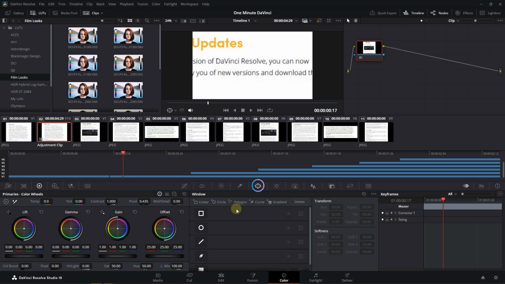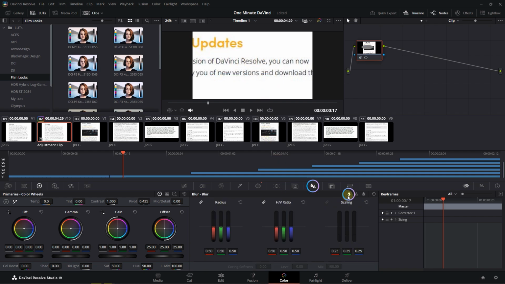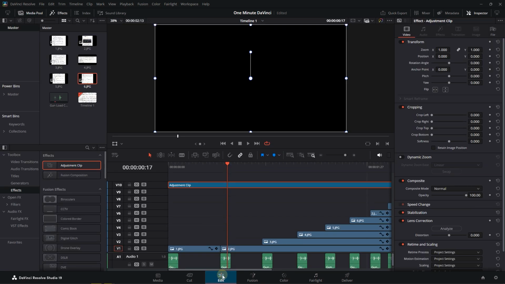From Window tab, click on Ellipse Mask and adjust its size and position in the viewer to cover the text. Click on the Invert Mask button. Now from Blur tab, select the first option and increase radius. At last, go back to the Edit page,